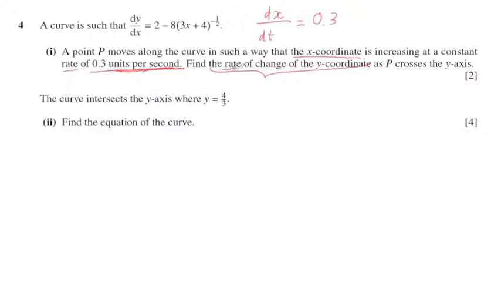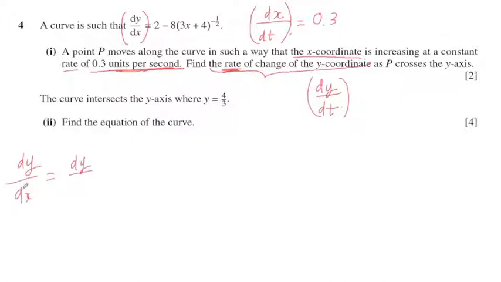And the question asks about the rate of the y coordinate. It means something divided by dt. So I have the y coordinate, so dy divided by dt. The question asks you about this value, and they give you dy divided by dx. Okay, now using the chain rule,